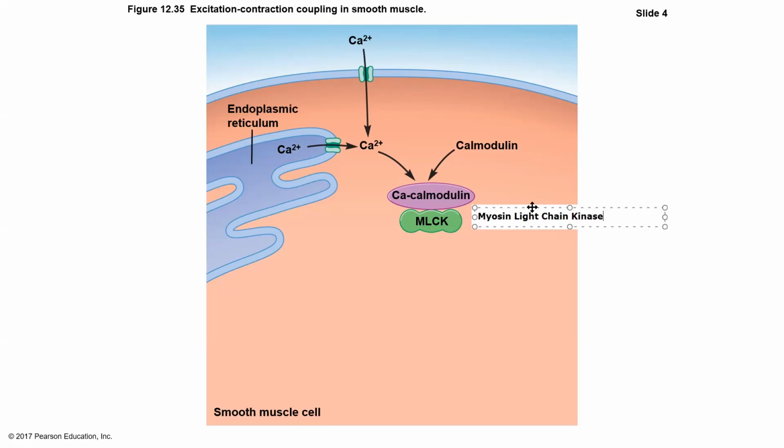Okay. And so this is an enzyme. We can tell by the last name of this enzyme, kinase, that this is going to phosphorylate some protein in this cell. Right? Remember, kinases are going to phosphorylate. Phosphatases are going to remove those phosphates, or dephosphorylate. And so when we turn on this MLCK enzyme, that is going to bring about the phosphorylation